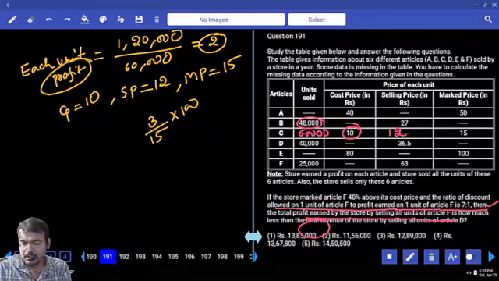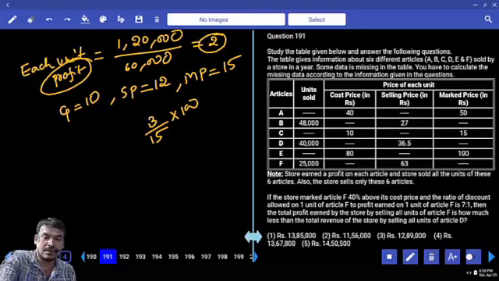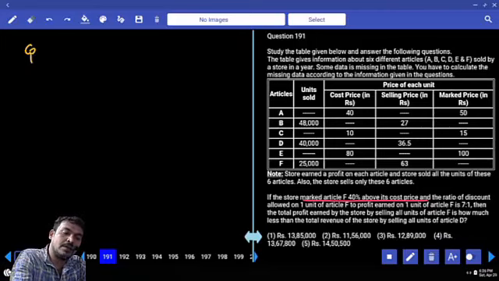Next, 191. If the store marked article F 40% above its cost price and the ratio of the discount allowed on 1 unit of article F to the profit earned on 1 unit of article F is 7:1, then the total profit earned by the store by selling all the units of article F is how much less than the total revenue of the store by selling all the units of article T. First, marked value is 40% above which one? Cost price. Suppose cost price I write 100%,